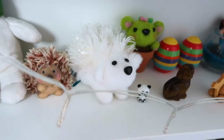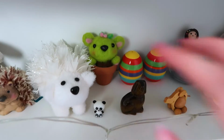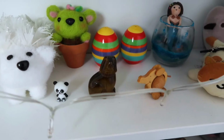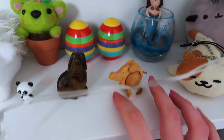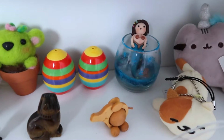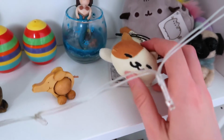Then I've got a little hedgehog, another hedgehog, one of my cactus bears that I felted myself, a little panda, again from Birmingham Christmas market, this little dog from my grandparents, a little elephant who's on wheels and you just go back and forth, some salt and pepper shakers, a little mermaid that I made myself, peaches from